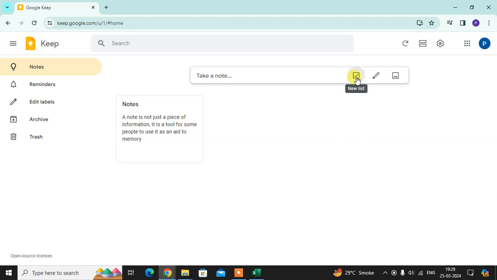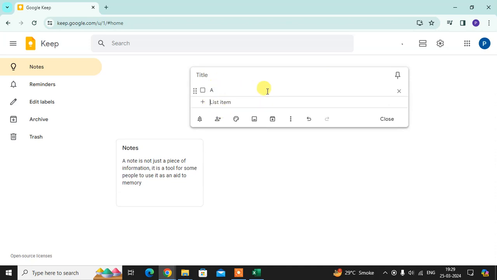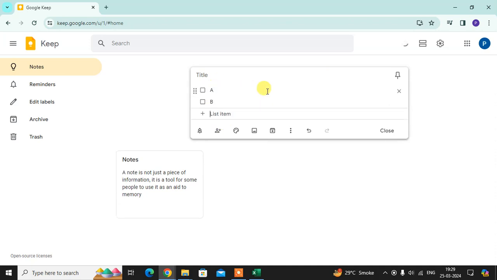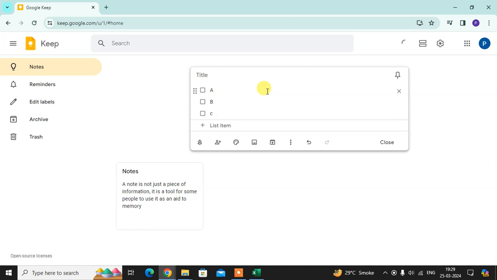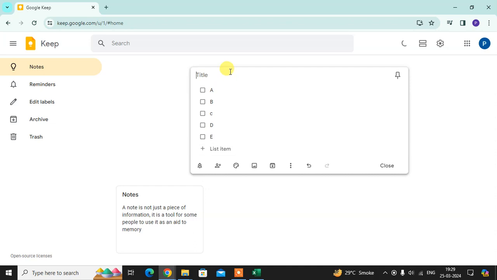Here you can see the new list option. Just click on it and here you can create your checklist. Just write it and enter it. You can add here the title